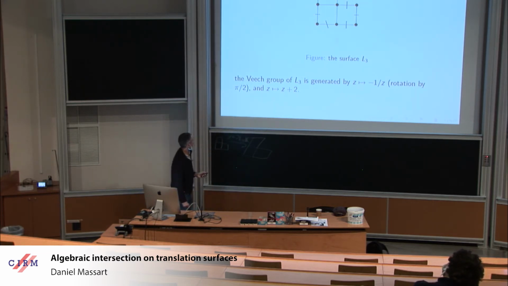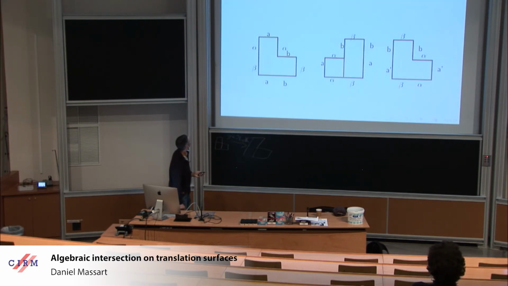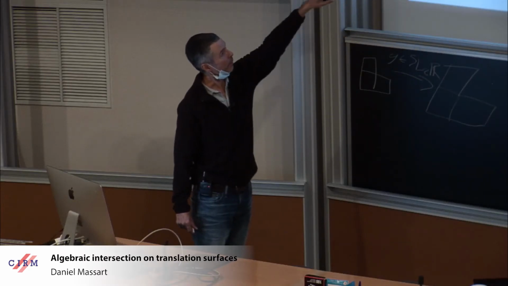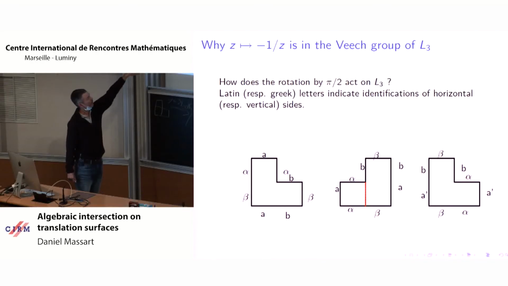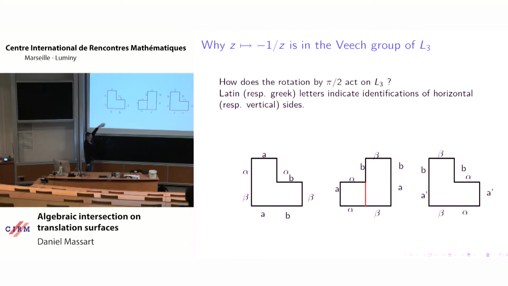So why is that? So, proof of the fact that minus 1 over z preserves this surface. So minus 1 over z as a matrix is